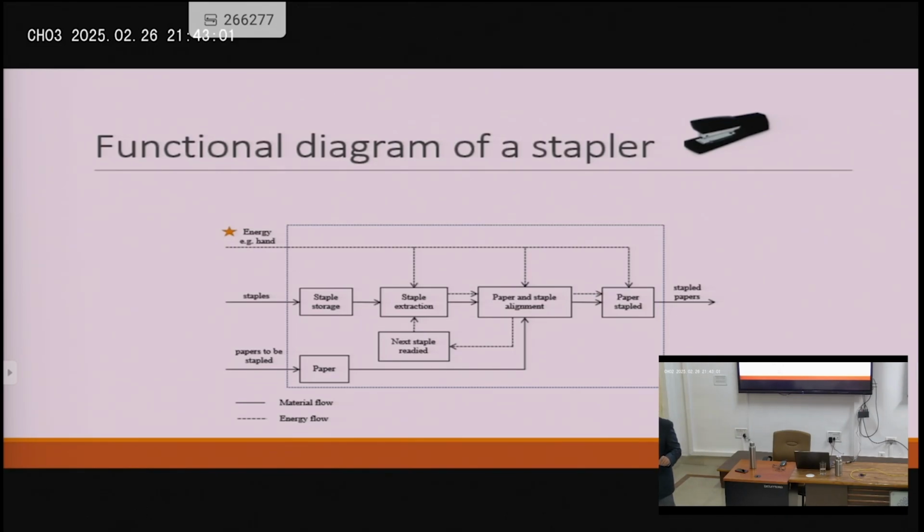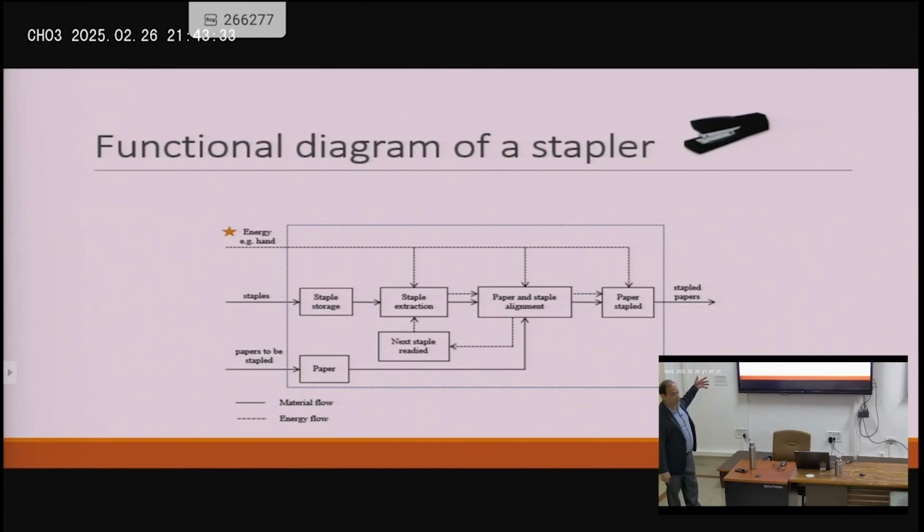The other one is paper and staple alignment. You cannot just say, here, staple this. No, you make sure it's aligned. So energy is going into aligning the paper, and then the paper being stapled also takes energy. When you actually punch and it goes through and bends the other side, that takes energy too. And then readying the next staple. So the plate comes back out, and the spring pushes it forward. And then finally,